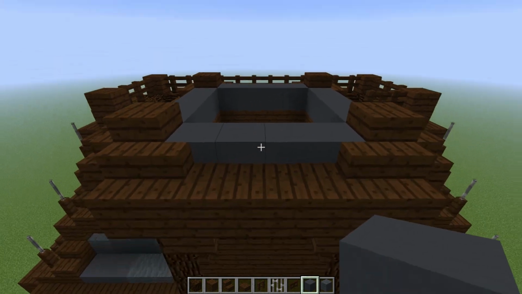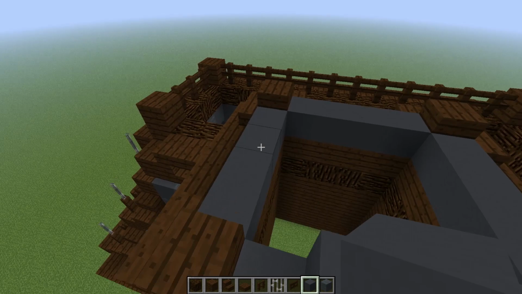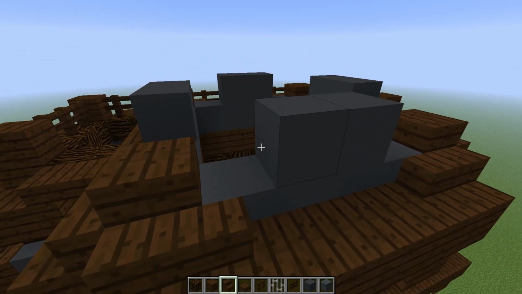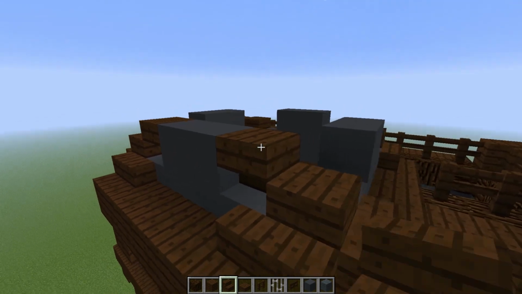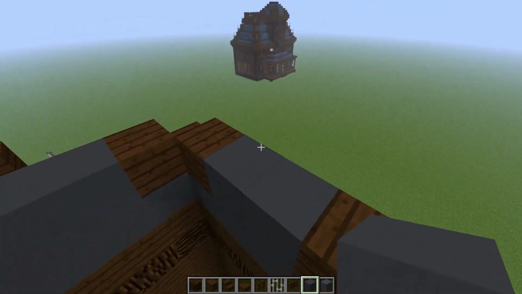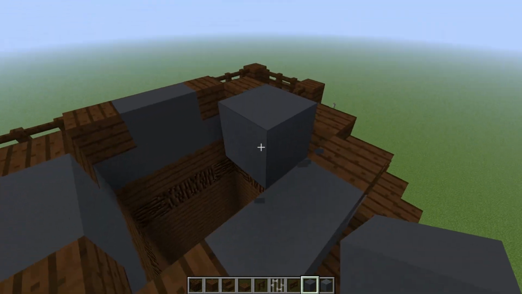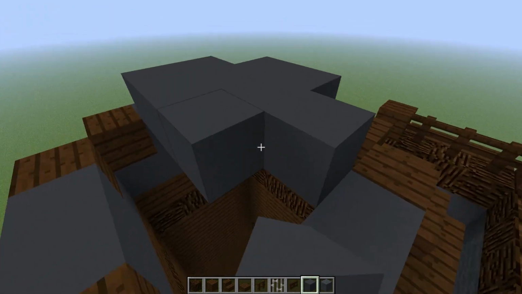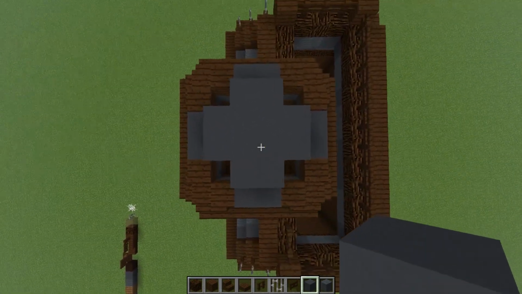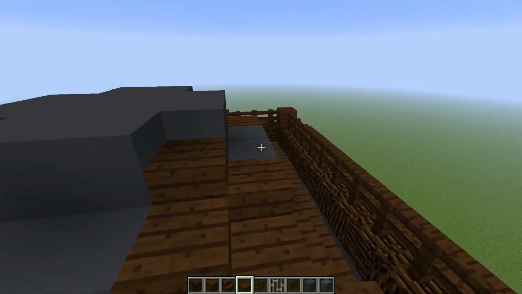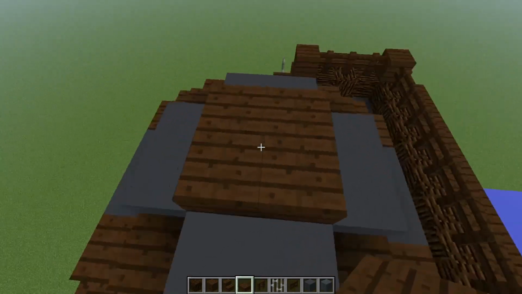And then in the middle here, we're gonna come up 2 on each side, 2 blocks. And then we're gonna put an upside down stair on each side of those, just like so. And then we come up again, just like this, and make like a little circular shape here in the middle, this kind of shape. And then fill in the corners with slabs, and top it off with 4 dark oak